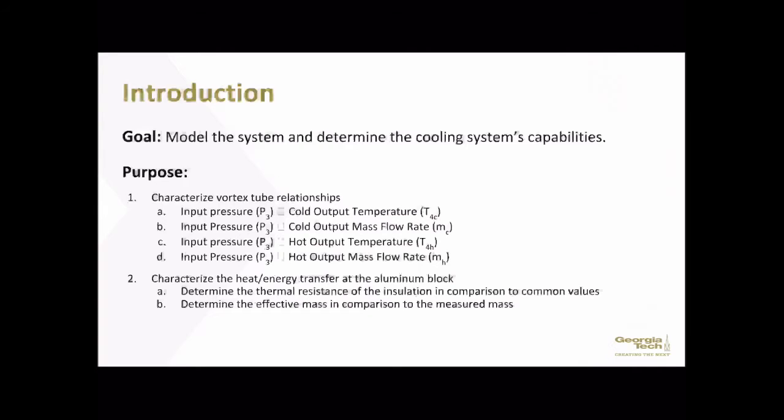And now getting right into it. This is a layout of our goal and purpose for conducting this experiment. We want to model the refrigeration system and determine the cooling system's capabilities for the purpose of characterizing specific vortex tube relationships. So this is going to be between the input pressure at sensor 3 and various other parameters such as T4C, MC, T4H, and MH, which is pretty much just the temperature and mass flow rate at the cold